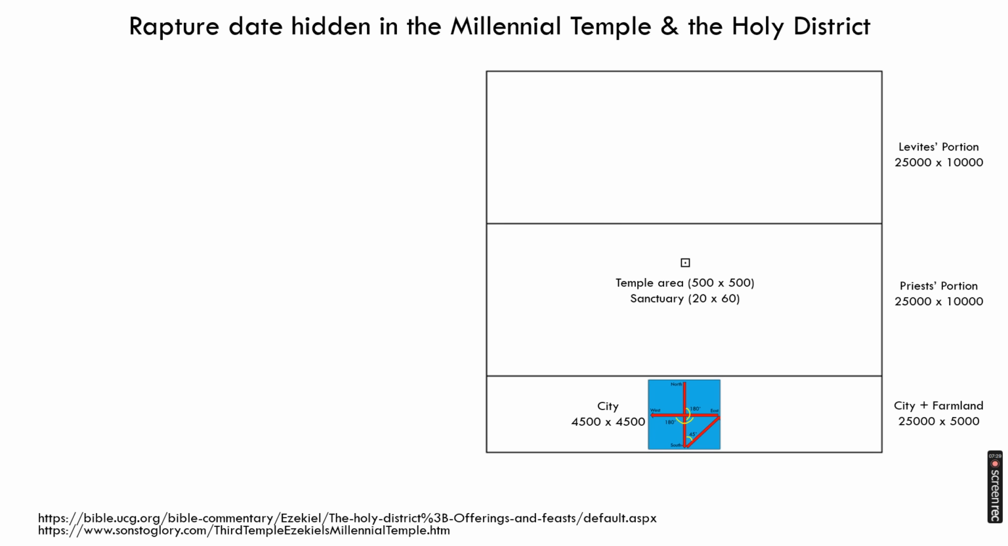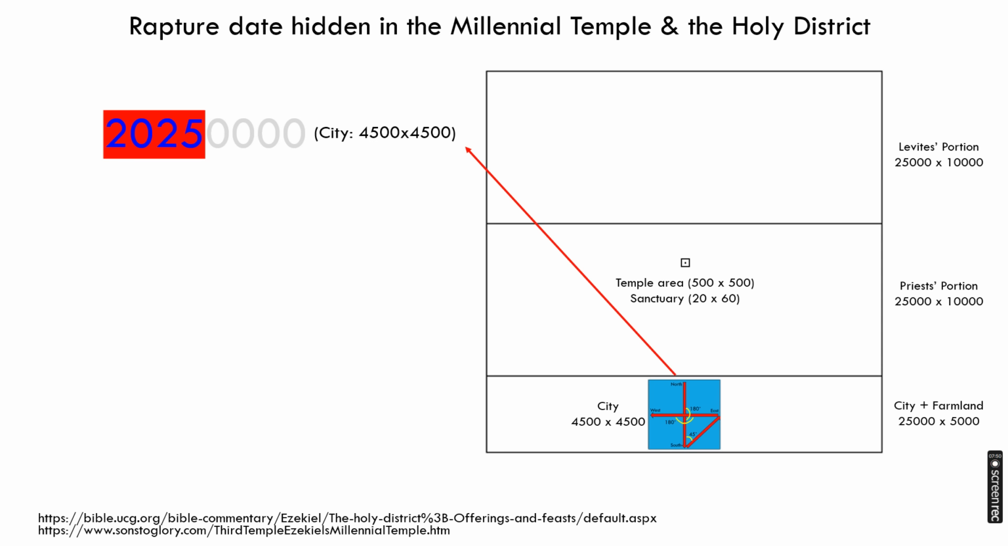The rapture date is also hidden in the millennial temple and holy district. As the bride of Christ, we will be assisting Jesus in ruling from above. Perhaps this is why the rapture date is hidden in the millennial temple. The Gregorian year is hidden in the city area,